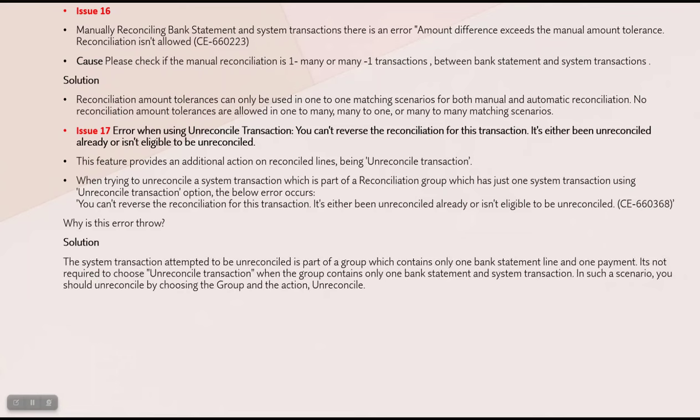Why is this error thrown? The system transaction you attempted to unreconcile is part of a group which contains only one bank statement line and one payment. It is not required to choose unreconcile transactions. When the group contains only one bank statement line and one system transaction, in such a scenario, you should unreconcile by choosing the group